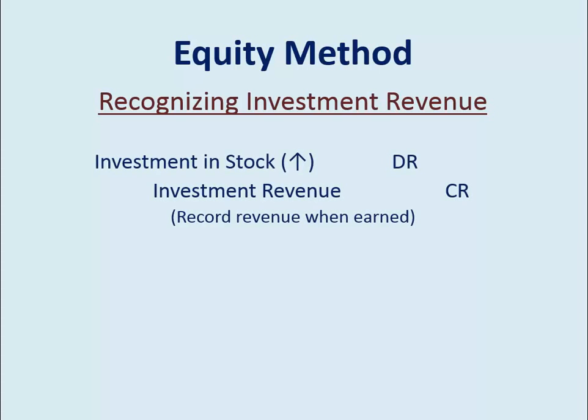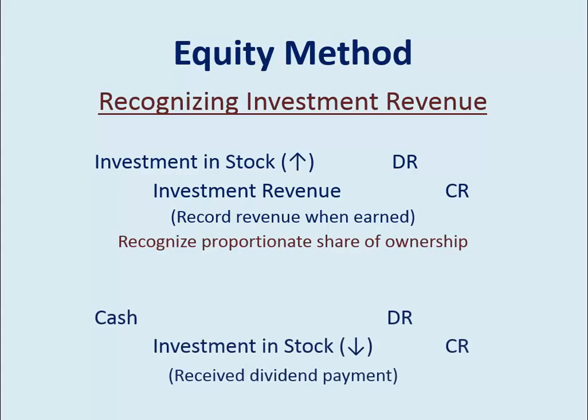So recognizing investment revenue is different than the fair value method. You record revenue when the company determines they have a net income or loss. This would be your percentage of the income, even though you did not receive cash yet. With the fair value method, if you think back to how you did that, you recorded revenue when you received the cash, the interest or the dividends, but it's different using the equity method. This is a true full accrual entry, no cash. It's recognized in proportion to your share of ownership.